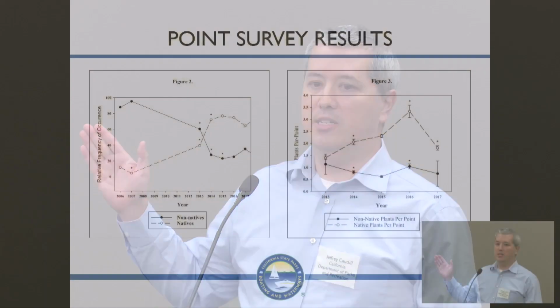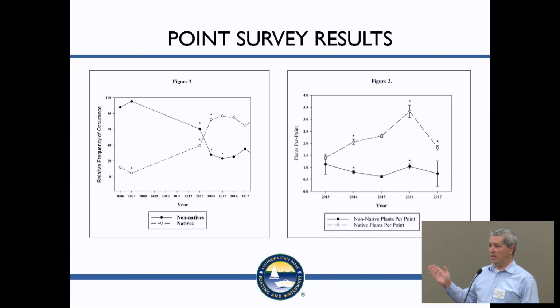So these are just more charts that talk about the findings throughout the years when we had the data. This is a study that I can provide to anyone. It's a peer-reviewed manuscript for anyone that may be interested. But this is just more of the data that you can find in the study that talked about what plants we had found, how many, were they native, were they invasive, the abundance, and so on and so forth,